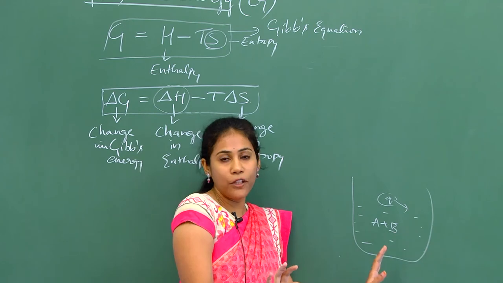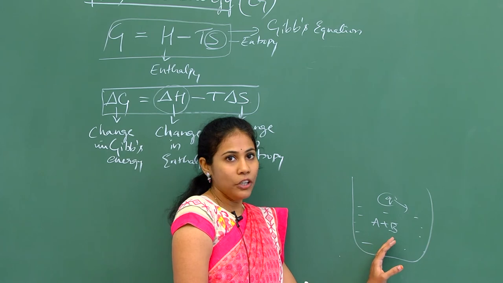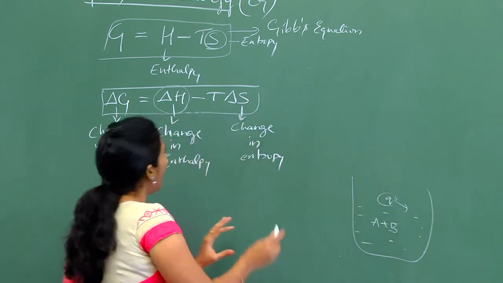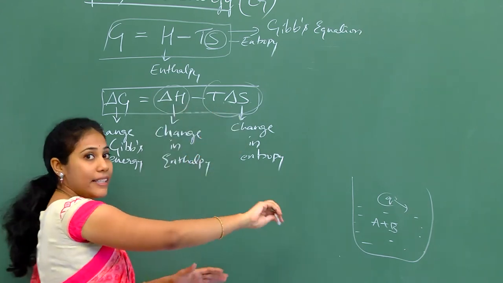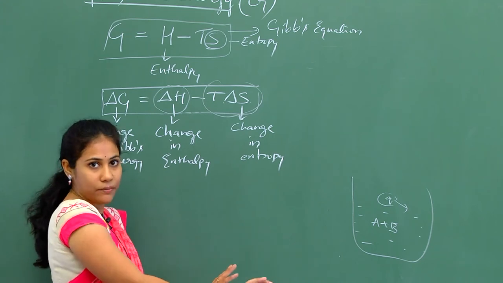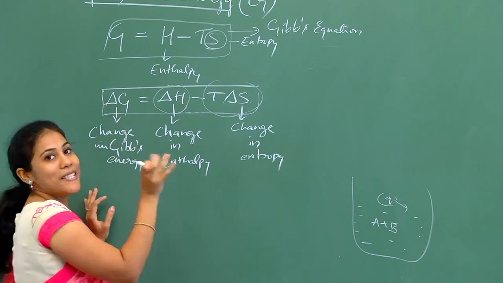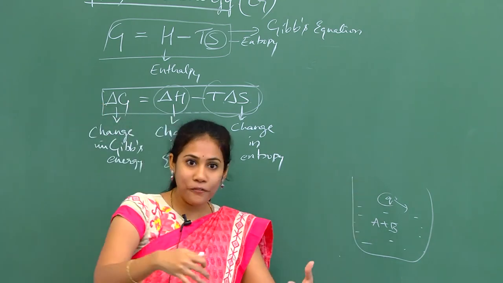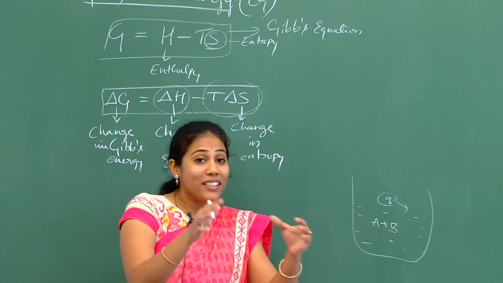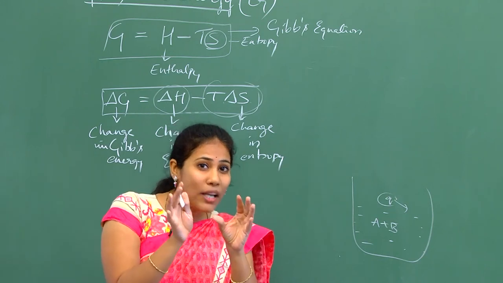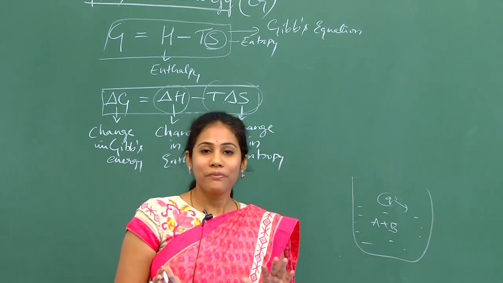It is not at all helpful for us to conduct a chemical reaction, to make a chemical reaction proceed. Got it? So that wasted heat is this term. Among the total heat, this much amount of heat is getting wasted. We can't use that heat. And the remaining amount of heat itself we call Gibbs energy. And that heat is freely available for us. Say if a reaction is able to use that available small amount of heat, then we can say the reaction is spontaneous. Understood?